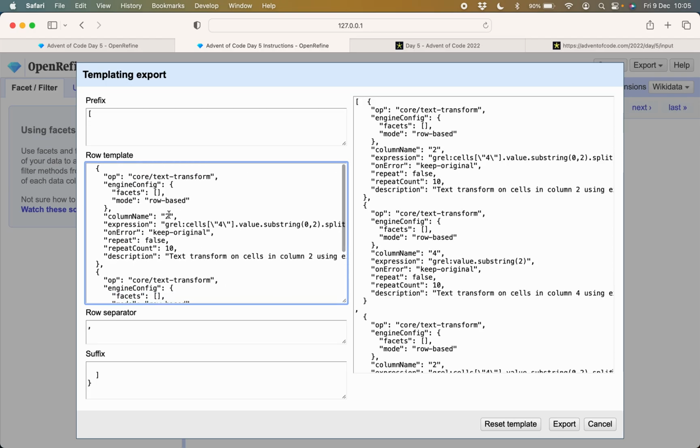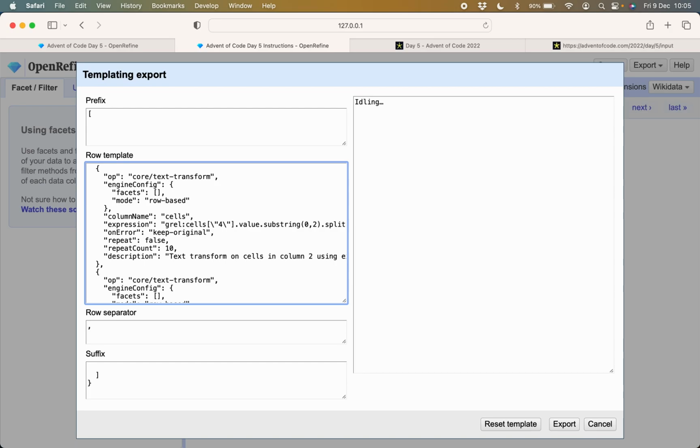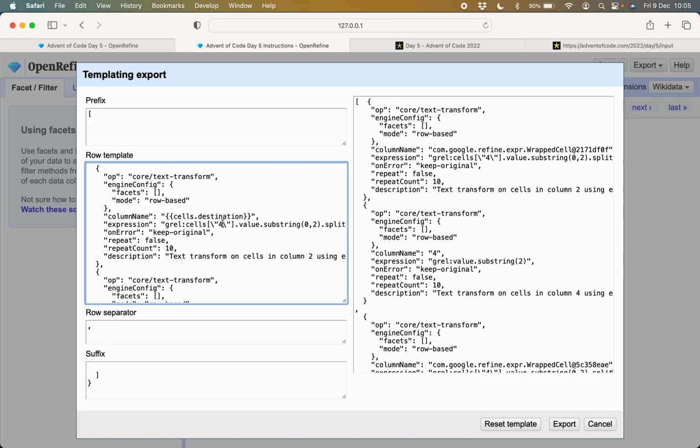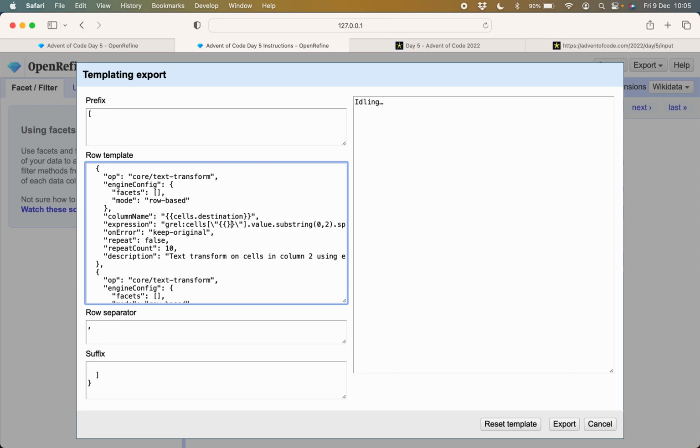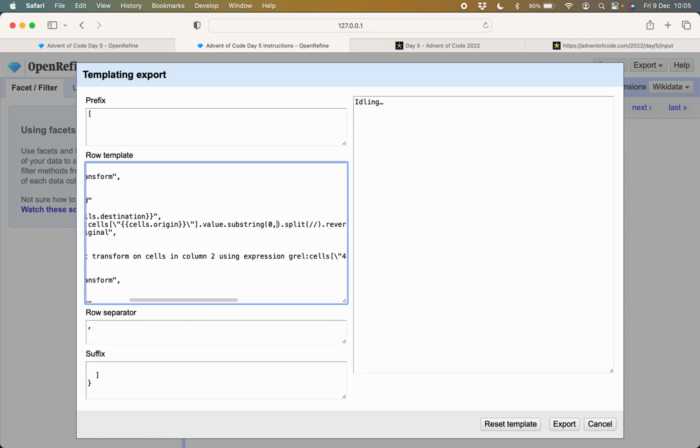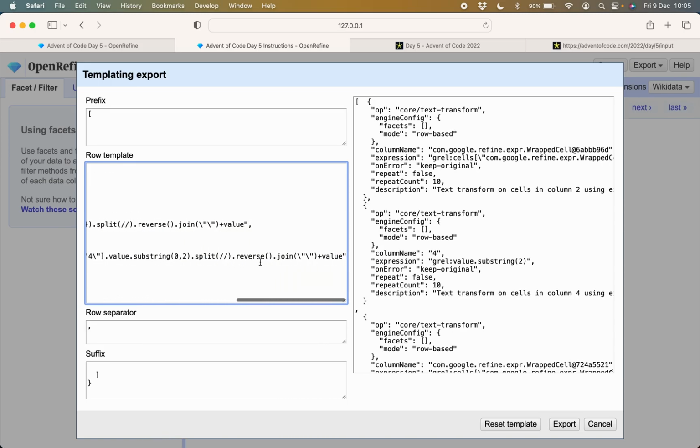What we want to do is the column name should be, so we do the operation on the destination column, so the column name is going to be cells destination. This is the origin, and this is the cells.number, and then